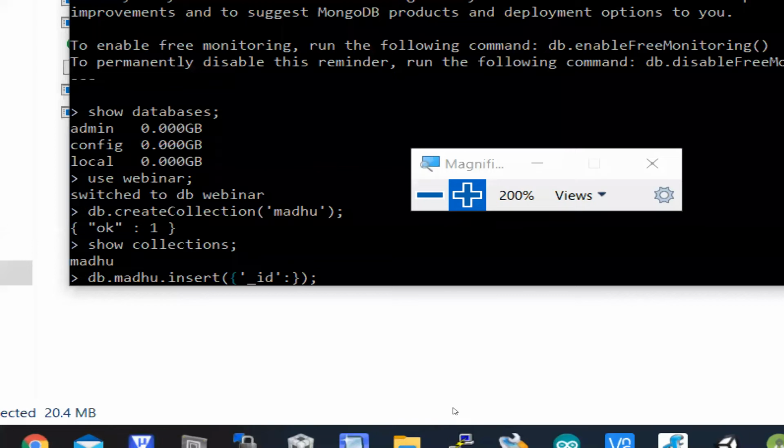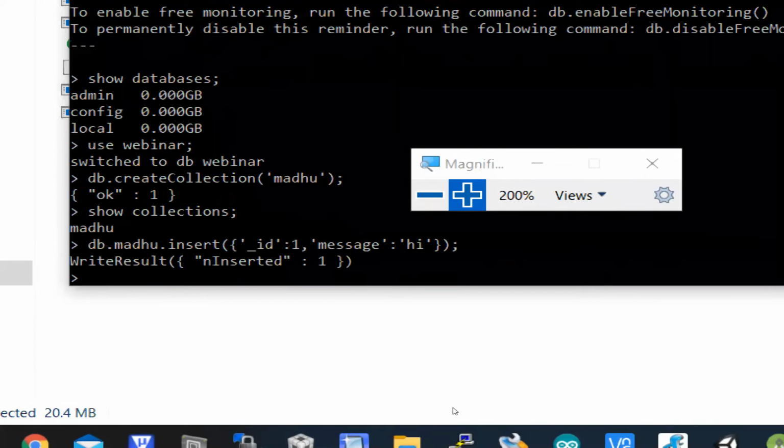Say I have given underscore id colon 1, which is a document ID of 1, comma. Let's write some message: hi. Let's insert this data into the collection.